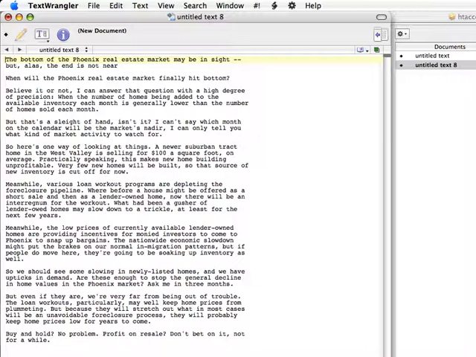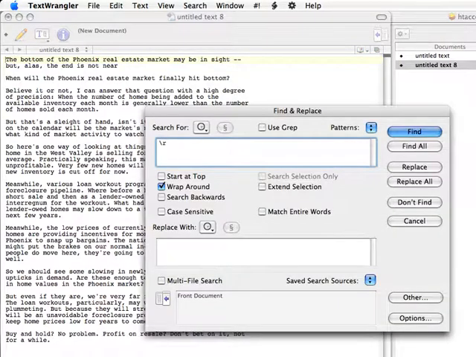Okay, so we're going to do this all with search and replace within the text editor, within TextWrangler, and we're going to be doing a real low-level kind of regular expression parsing. So we know for a fact that this file is completely regular, that there are 2 returns between every paragraph, and so that's our hook. We're going to search for 2 returns, and we're going to replace it with the end of a paragraph in HTML followed by a single return, and then